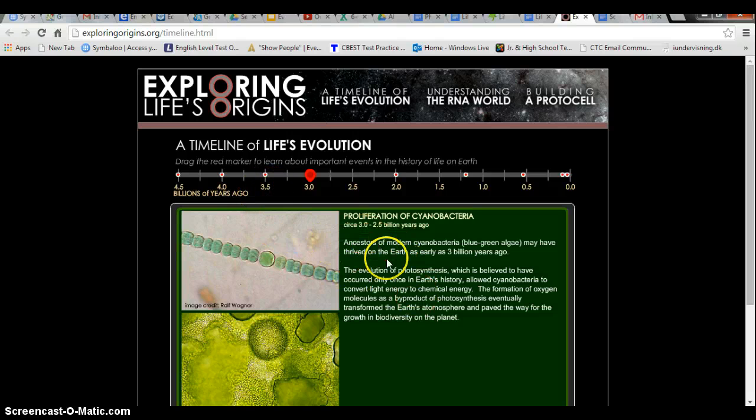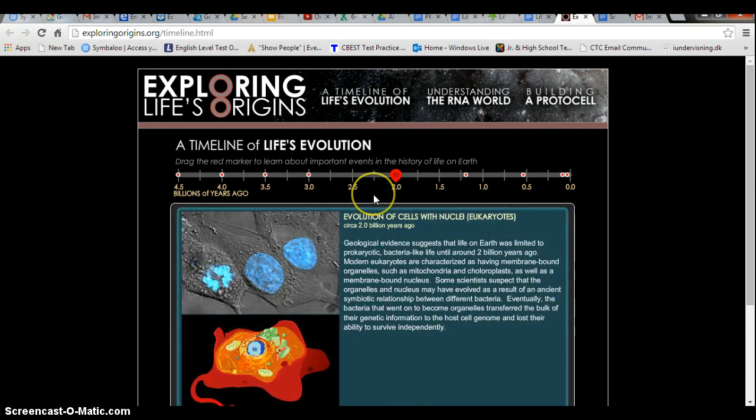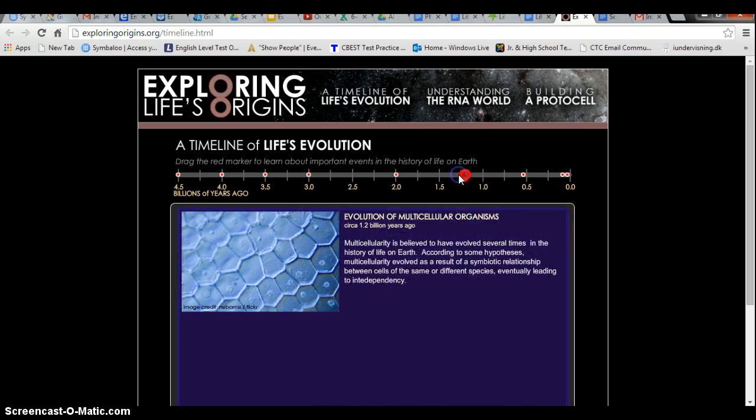We still have the cyanobacteria at this time, algae, and now we are jumping 1 billion years. 1 billion years is 1,000 million years, so that's a lot of time we are passing by here. And then you have the first eukaryotic cells. So that's about 2 billion years ago, about. Now we jump like more than 500 million years ahead in time. And here you have the first organisms made of more than one cell. So that's only